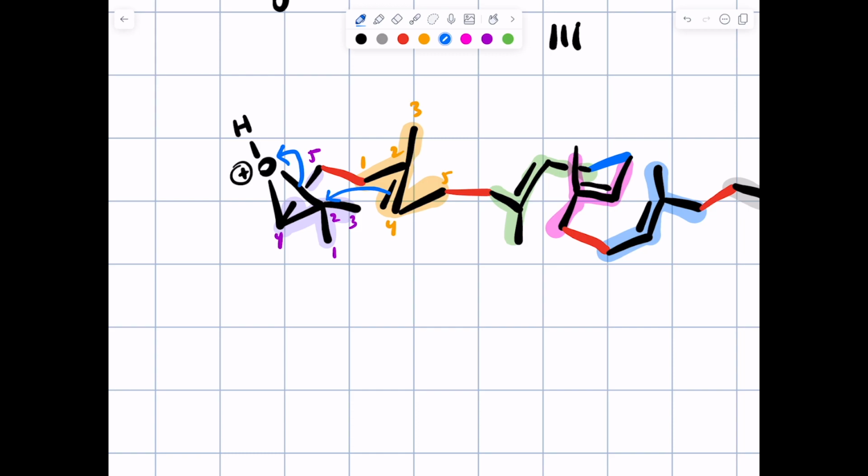That's going to make a new sigma bond between orange 4 and purple 2. At the same time, we're going to build up partial positive charge on carbon 2 where it's more stable. But look what we have 6 spaces away